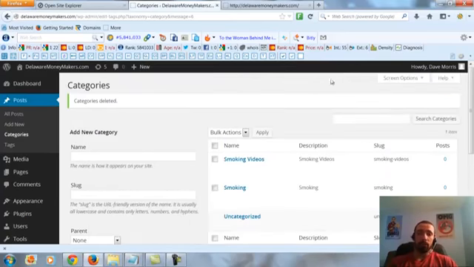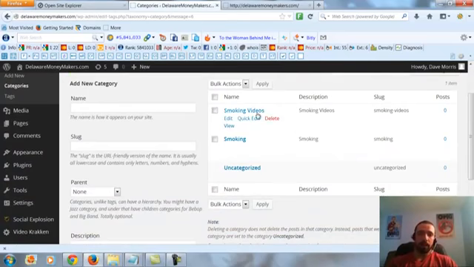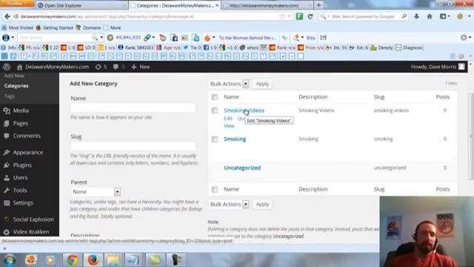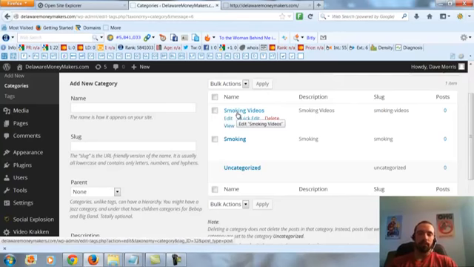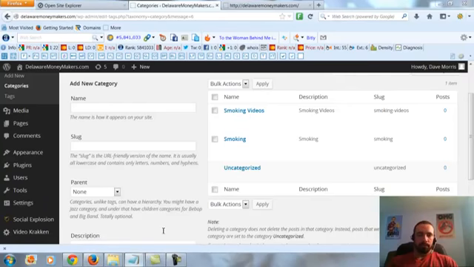All right, and the way you do that is you hover over it. And you can see at the bottom of my screen right here, there'll be a URL. It says DelawareMoneymakers.com/wp-admin, edit tags, blah, blah, blah. See where it says category and tag ID equals 32? That's the number we want, 32. It's almost at the end right here. ID equals 32. That's what we're interested in.